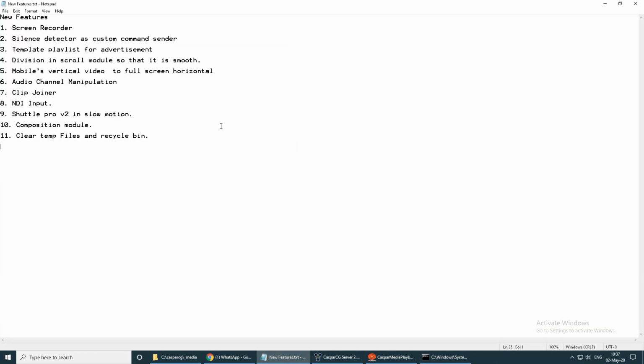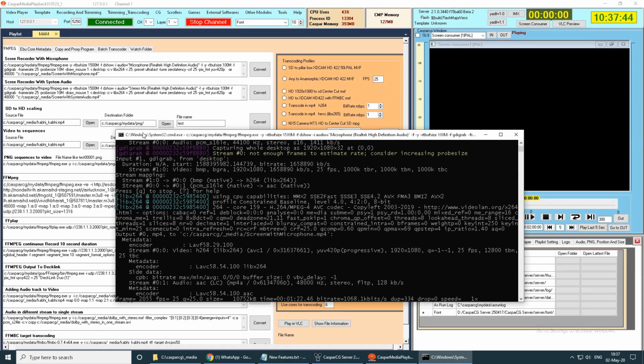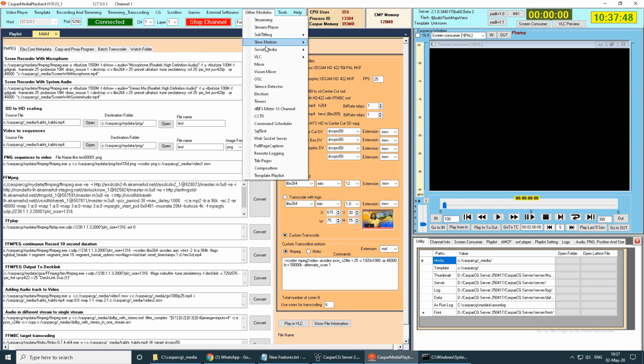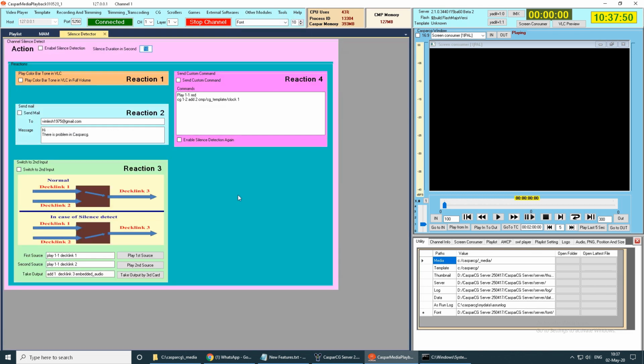Second feature is silence detector as custom command sender. So in the others module there is a silence detector. It was already made so many months ago.